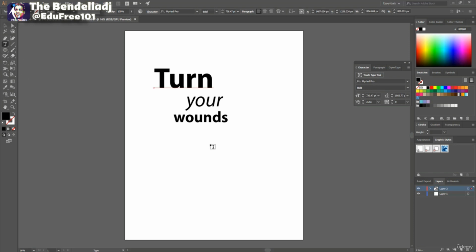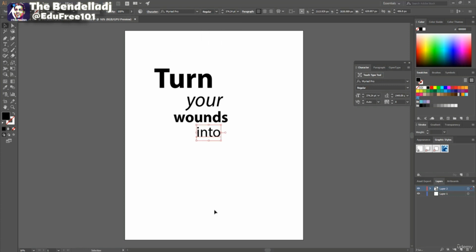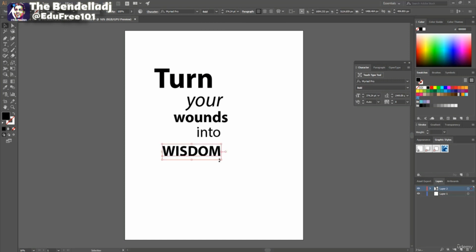Alright, now I select this text tool and this time I type to and set style to regular. And finally, using this type tool I just simply type wisdom and make this bold, and holding shift and dragging on this corner I just make this bigger a little bit more. Alright,